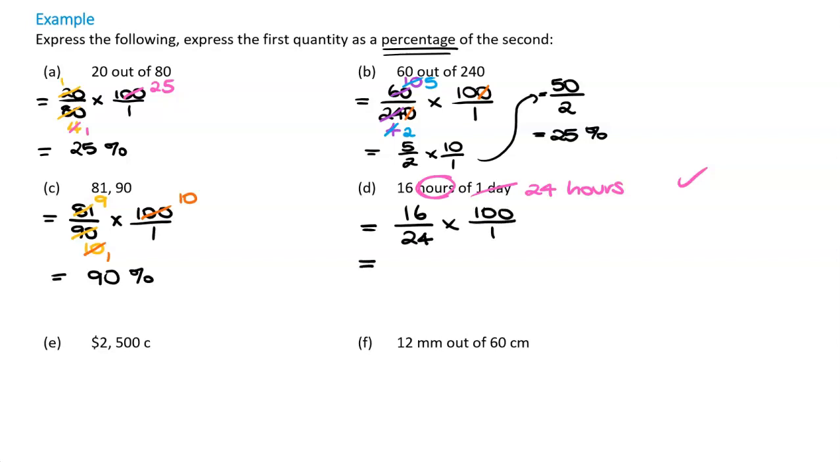What can we cancel? 4s work nicely. 4 goes into 16 4 times, goes into 24 6 times. Oh, that wasn't the highest common factor, but that's okay. We can put 2 into 4 twice and into 6 3 times. Can't cancel anything off with the remaining fractions, so we've got 2 times 100 on our numerator, then 3 times 1 on our denominator. Okay, that would be fine, but we could write this as actually figuring out what 200